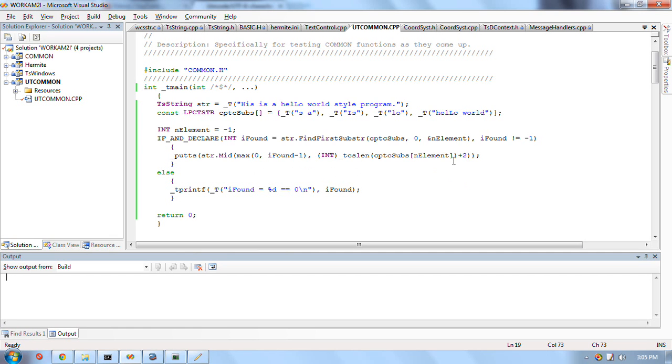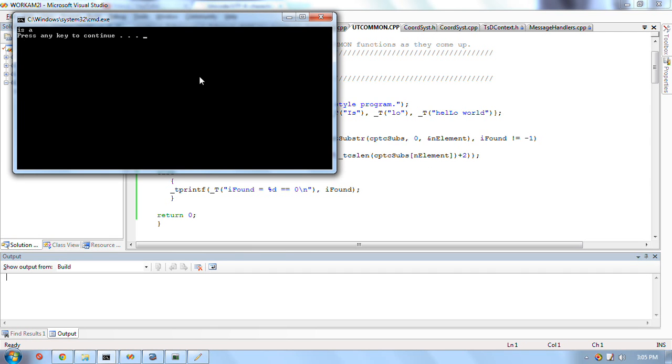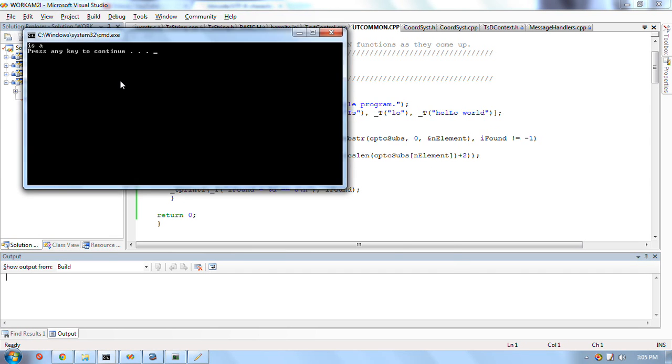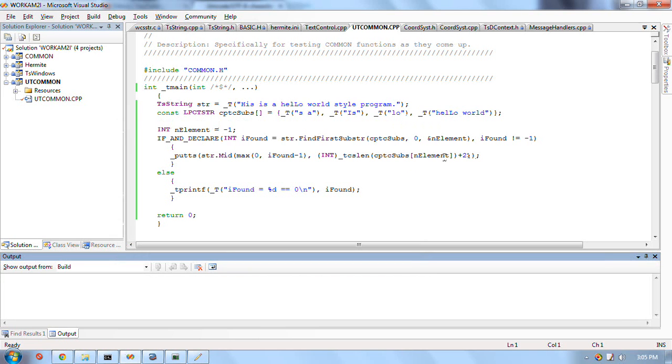So it's 2 extra characters unless the found position is 0. 1 character to the left and one to the right, and that gives me a clue as to where that string was. I could do more if I wanted,